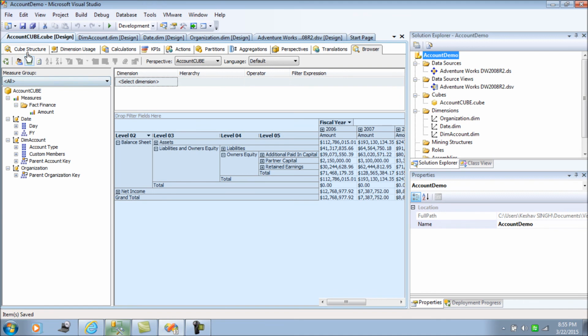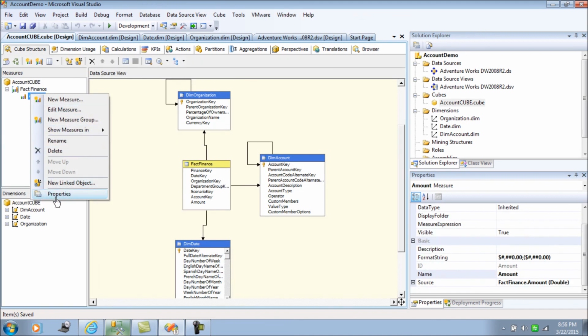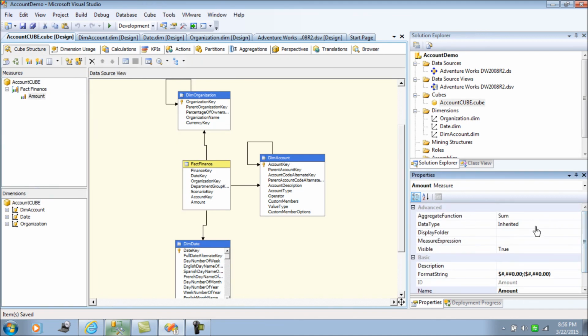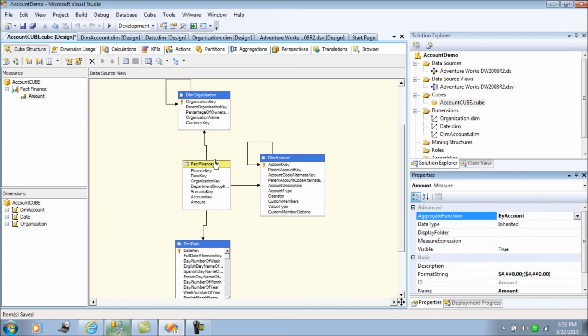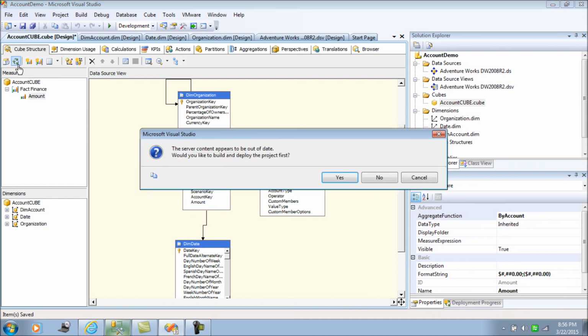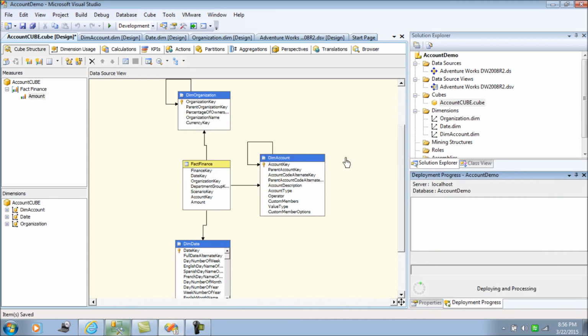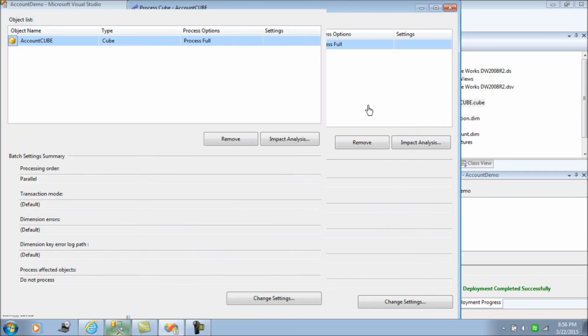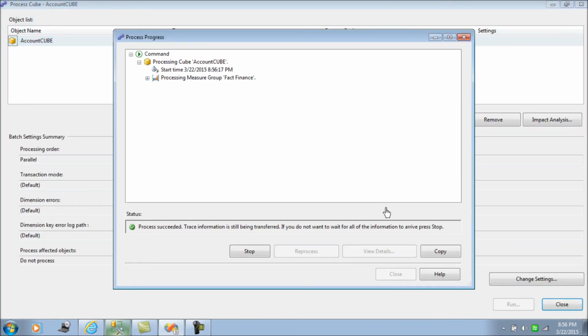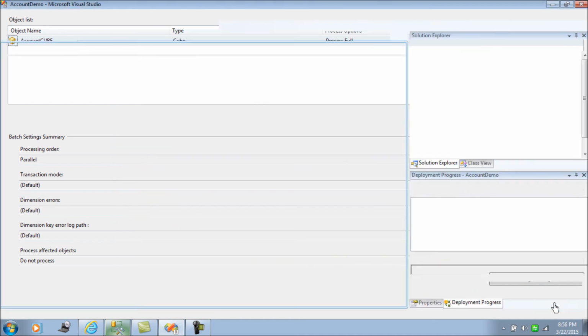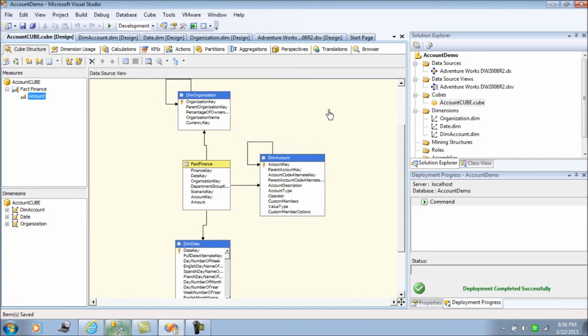Now I go to the cube properties, and in the aggregation function I say by account, because we have defined that. Now let's process this. So now the internal aggregation will occur on the basis of the definition that we have identified internally.